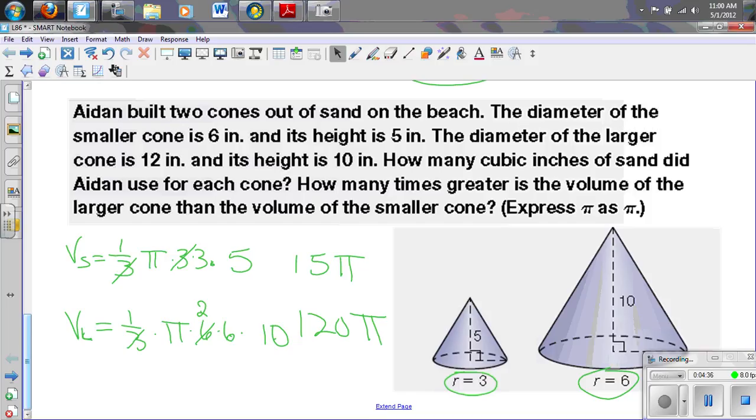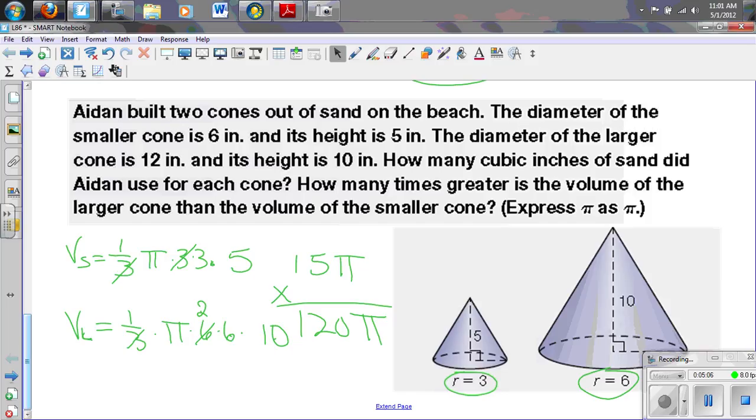And notice it says express pi as pi, and so that's the step I'm at. And if it didn't say that, I would multiply 15 times pi and get an answer in 120 times pi. But what we want to look at here is how many times greater is the volume of the larger cone than the volume of the smaller cone. So in other words, how much bigger, or what do we have to times the smaller one by to get the larger one? And of course the pi's here then